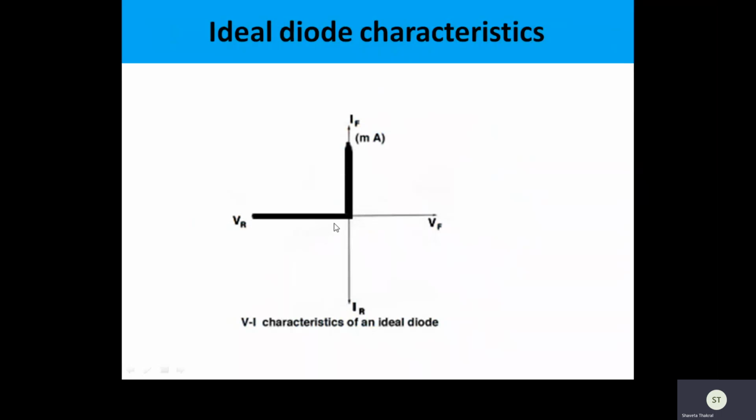And in the case of reverse biasing, the current is zero, that is indicating the total resistance is infinite. So infinite resistance and no current is indicating reverse biasing, and zero resistance and infinite current is indicating forward biasing. So forward biasing is representing the diode as a perfect conductor, and reverse biasing is showing the diode as a perfect insulator. So what is the application of the ideal diode?